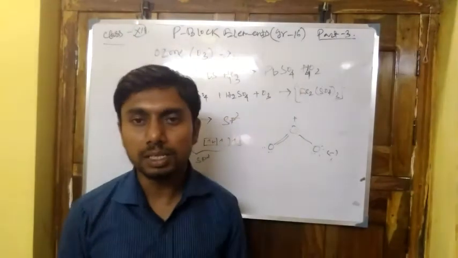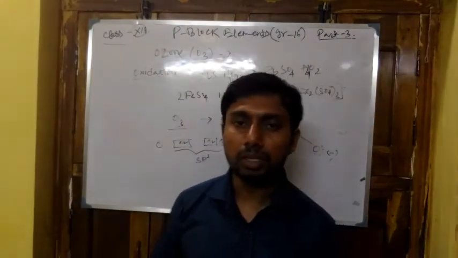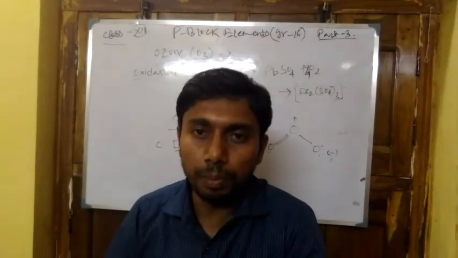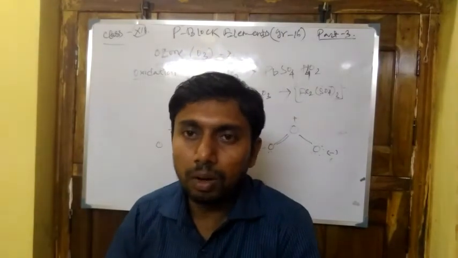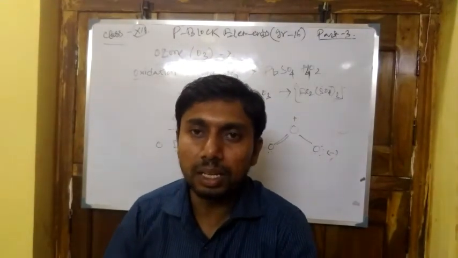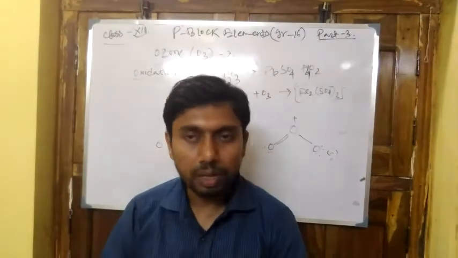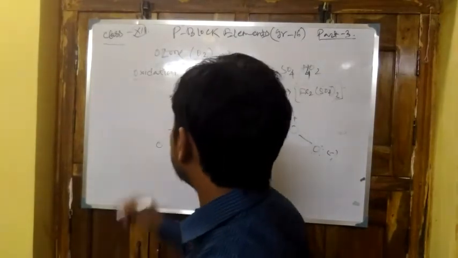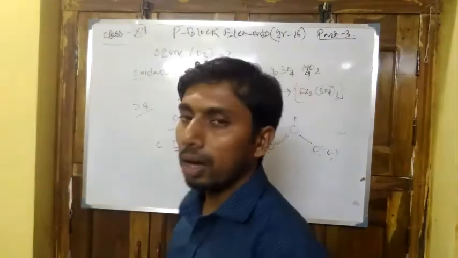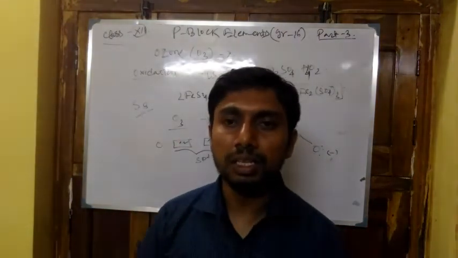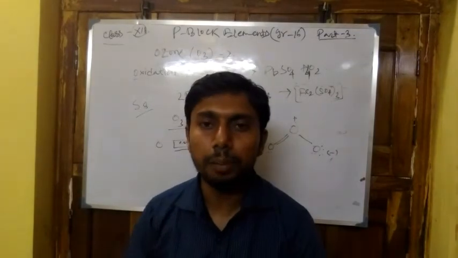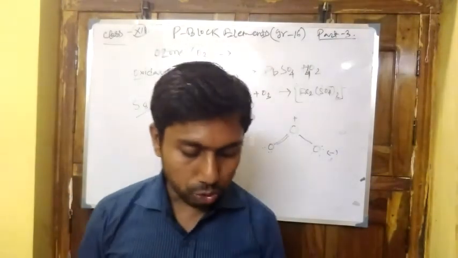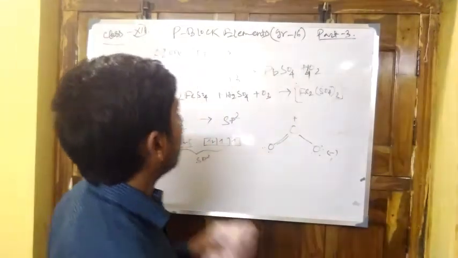Now the next, that is sulfur as an element. Sulfur is found in the earth crust in different ore forms, that is sulfides, sulfates, etc. Lead sulfide and ferrous sulfide are ores of sulfide. Sulfur is found in the polyatomic form, that is S8. This S8 ring structure is a puckered ring structure, so there is heavy strain in the molecular form of sulfur.